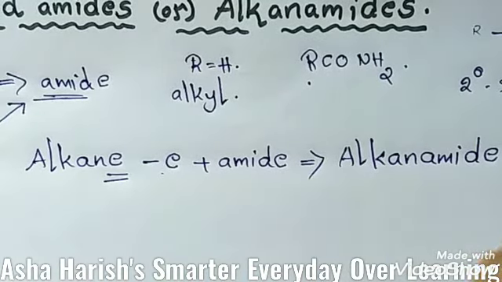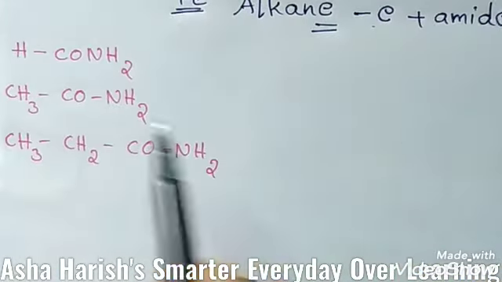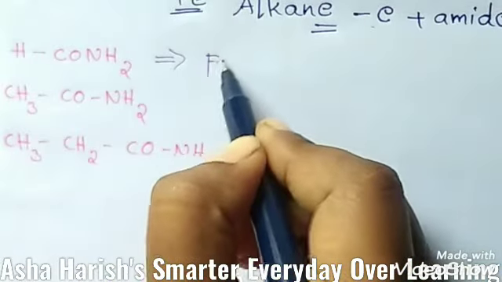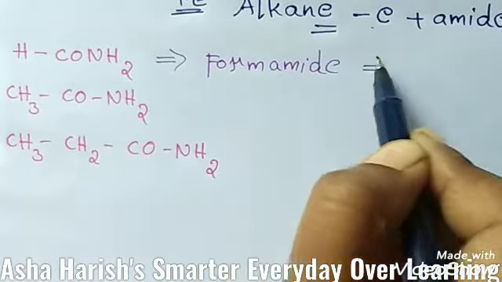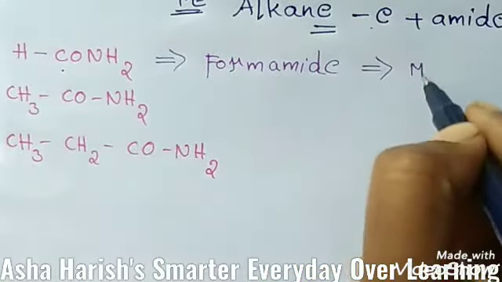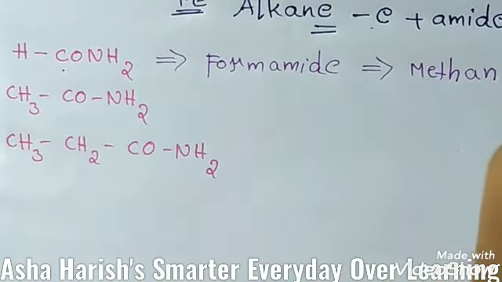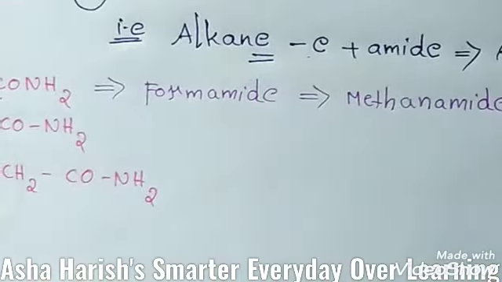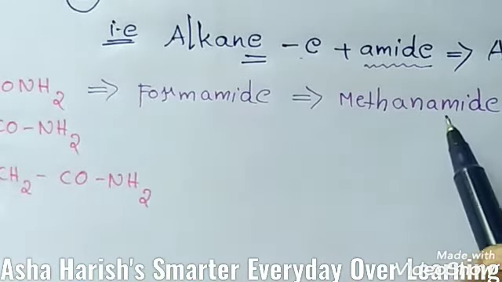Okay, and now for some important examples for these acetamides, let's see the examples I have written here. The first one is HCONH2. The common name you have to know for this is formamide. If you see here, only one carbon is located, so the root word should be meth, and methanamide, as we discussed previously. From this you should remove the E and add amide, then the IUPAC name should come.